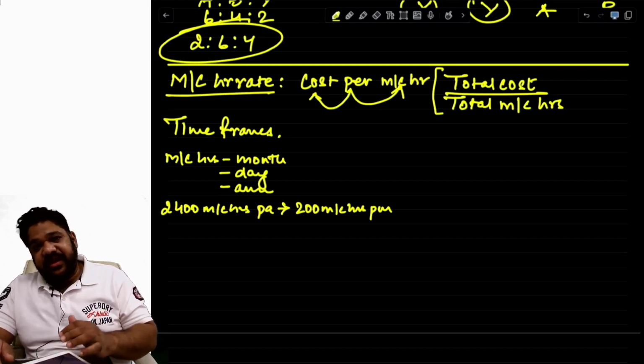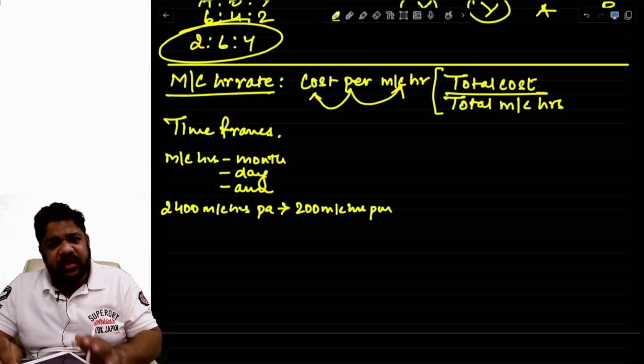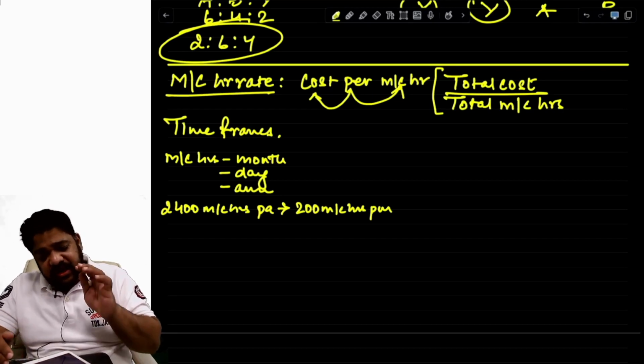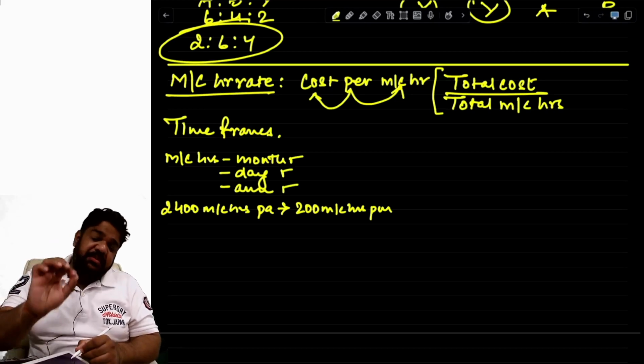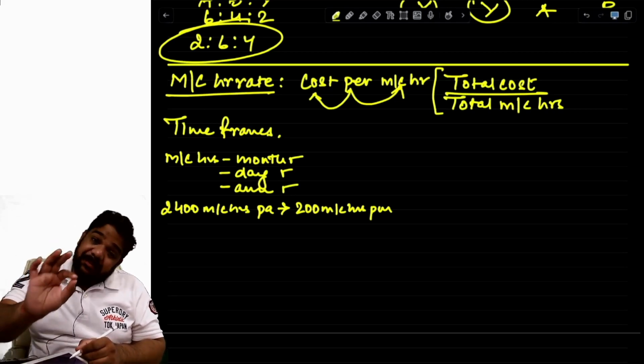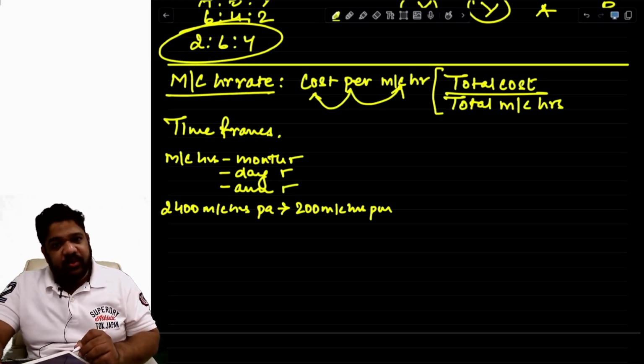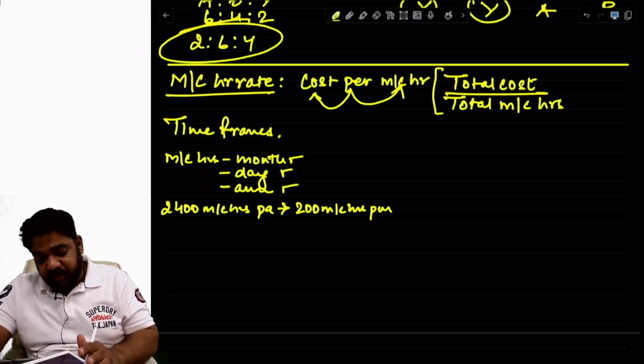Which is why never bother tampering with the number in the first place. Just simply, if the numbers are given per month or per day or per annum, if the machine hours are in any of the time frames, make the cost as per that time frame. Okay, you can do the cost as per that time frame. Okay, now